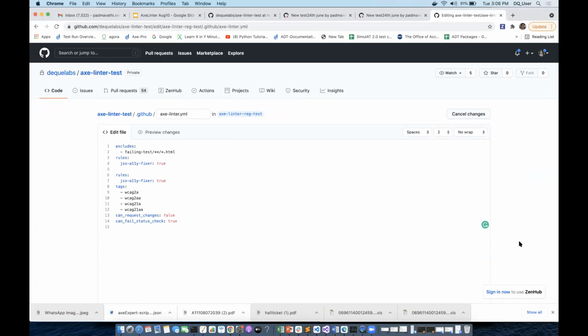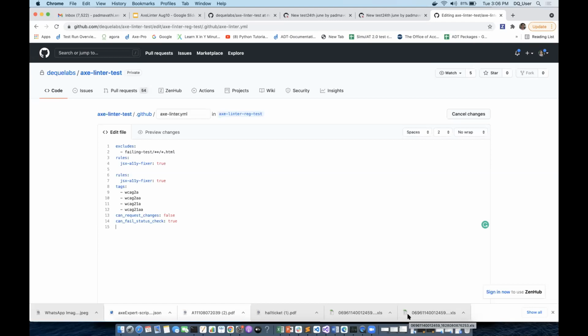Correct. The other question is, sometimes developers write patch codes in HTML. How much percentage of accessibility errors can be identified in this scenario? Percentage wise, it's very difficult to say that. We do analysis on that, so we don't have enough data to actually tell the exact percentage.